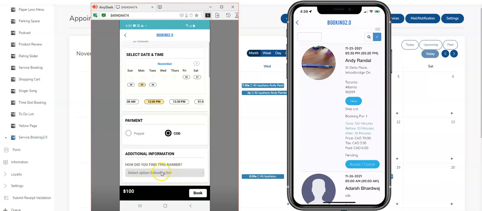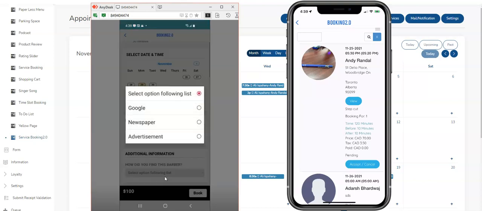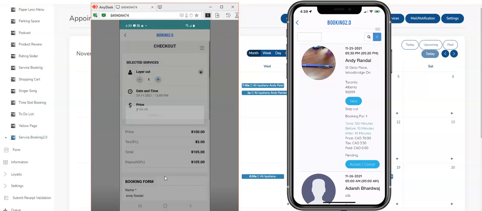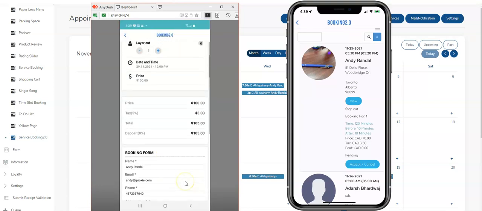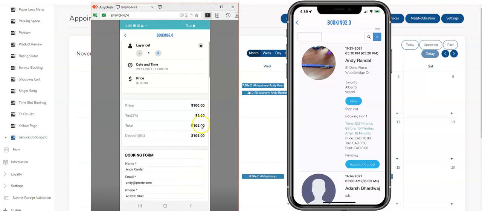You also have the ability to get some marketing information here. How did you find out about this stylist? I'll just go with Google, and I'll book my appointment. You have a summary screen here. You can see what the cost of the service is, the taxes, the total, and if you paid any deposit,